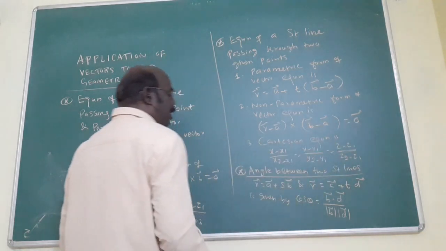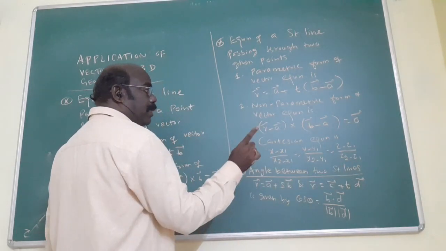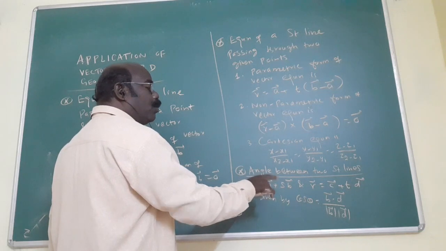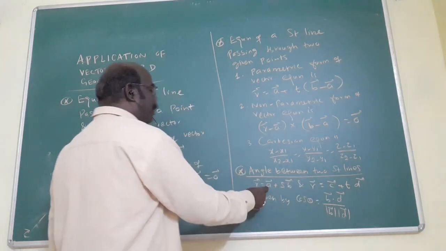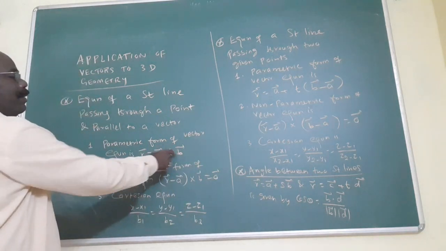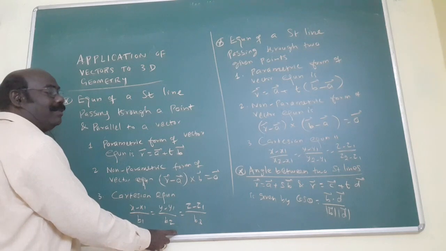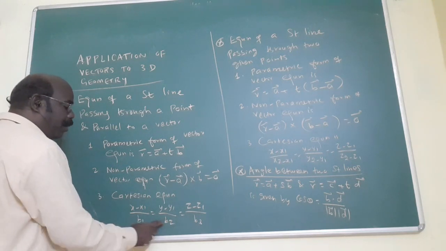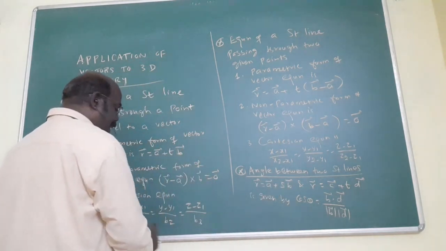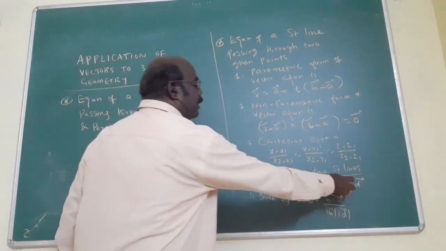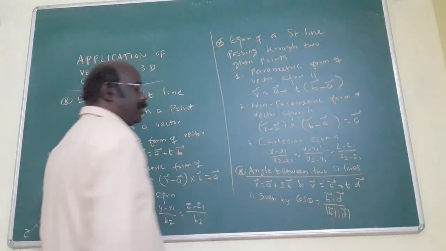This is the formula. Then the angle between two straight lines. Listen here. When the angle between two straight lines is asked, sometimes the vector form is given, the parametric form of the vector equation. Sometimes this format is given. Mind it. In this format, the b1, b2, b3 form the b vector. The first equation gives the b vector, and the next gives the d vector. After writing this formula, substitute the values to get the answer.